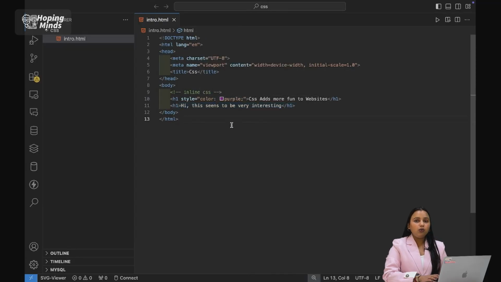So this is how inline works. Inline CSS is preferred where we have small lines of code. For example, even if I have 50 lines of code, then I can go with inline CSS. But if I have more than 50 lines of code,